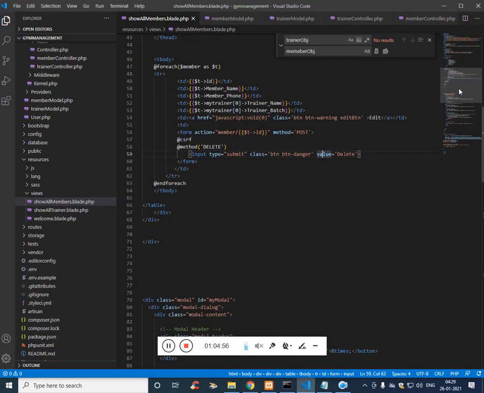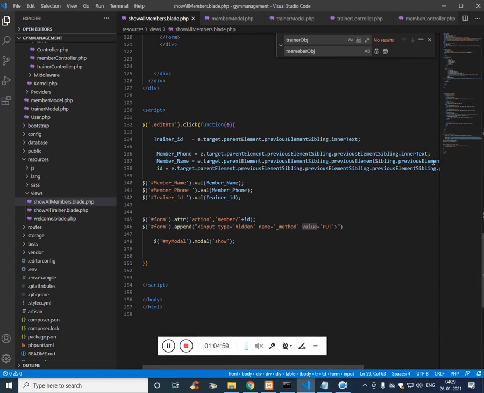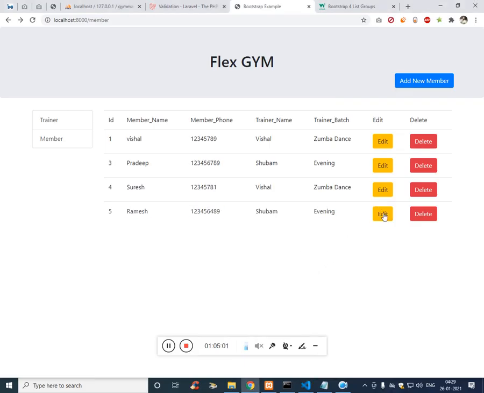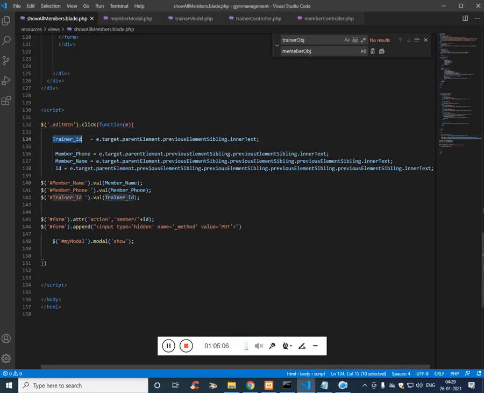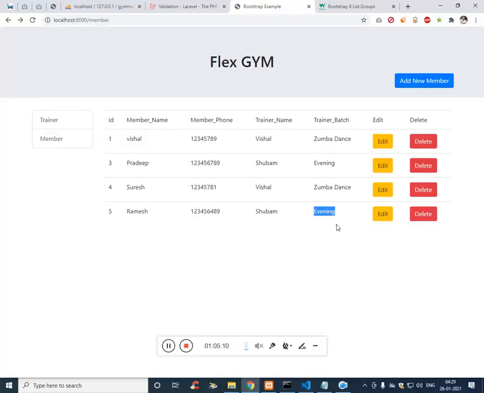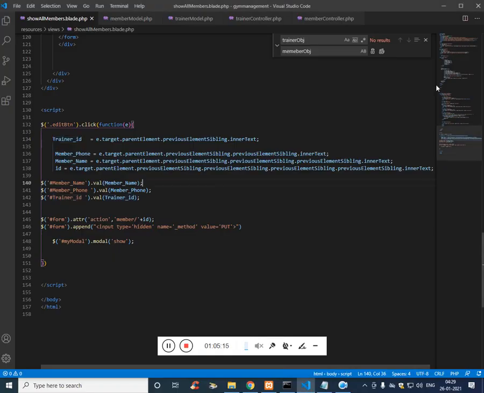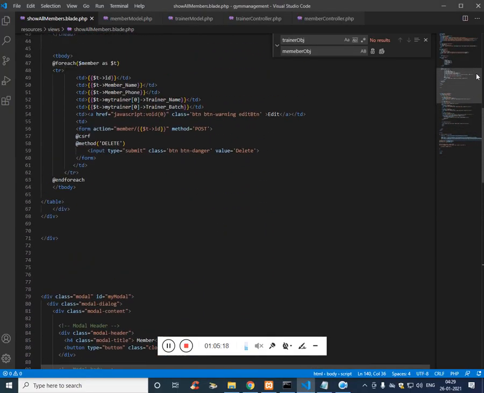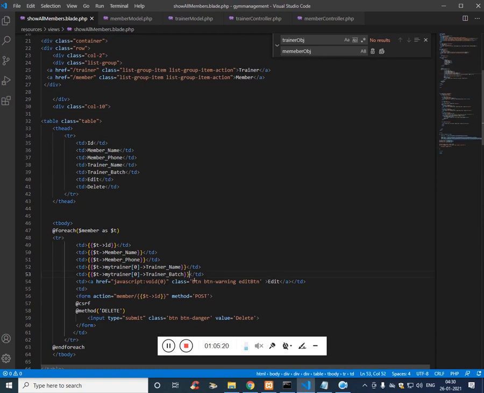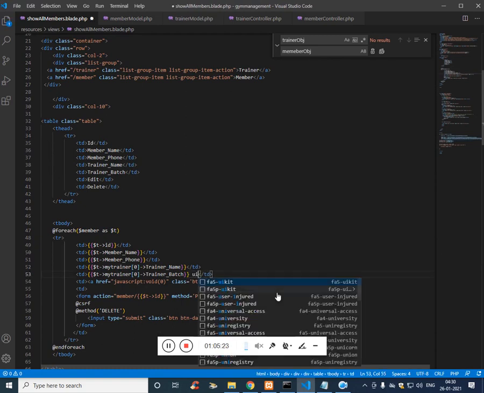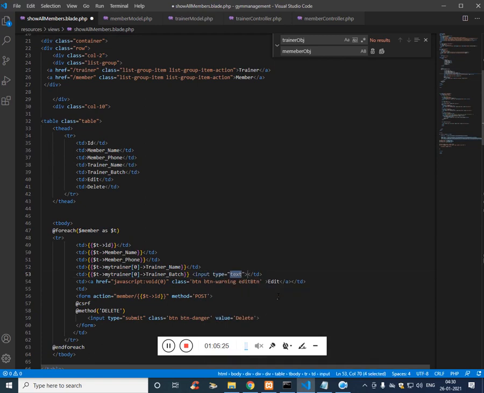So on edit, we have to use the input type hidden here. We'll add input type hidden, and the value is going to be the ID.